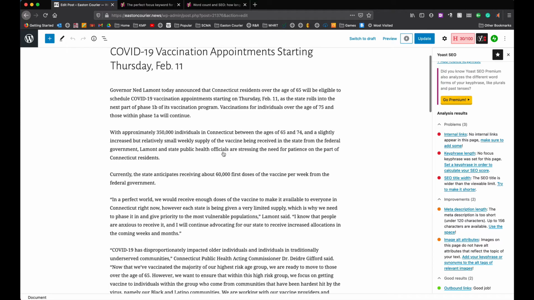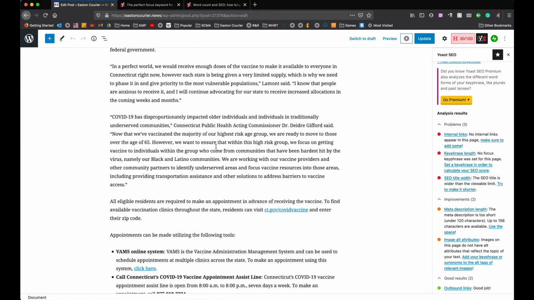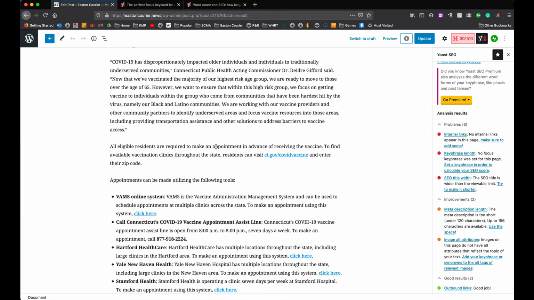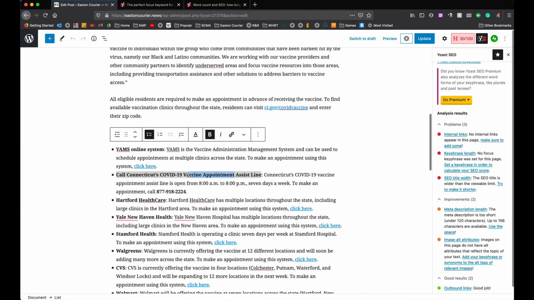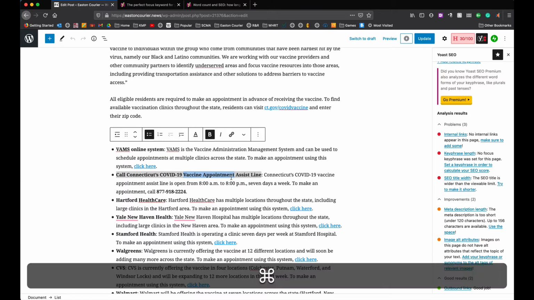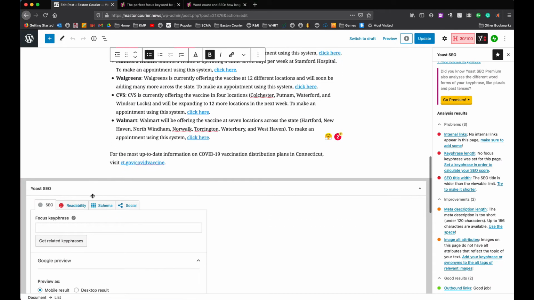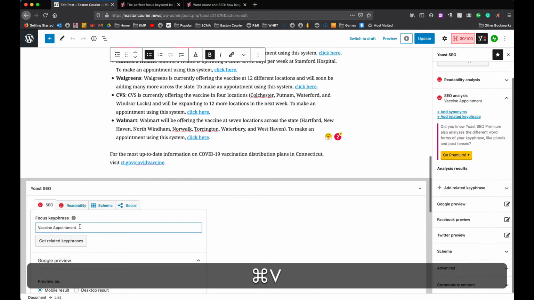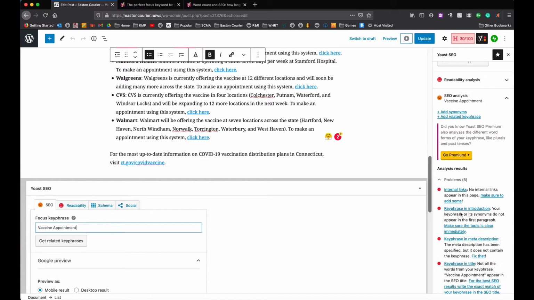So I can just search through this and kind of look for something that might be a good idea. Usually something in the first paragraph is a good idea. So there's a lot of quotes in this article, so it's hard to find exactly what might be the best one, but vaccine appointment is kind of a topic that we see throughout. So I'm just going to copy it from here. I'm going to come down to my key phrase and paste it in. And you'll see on the right here,